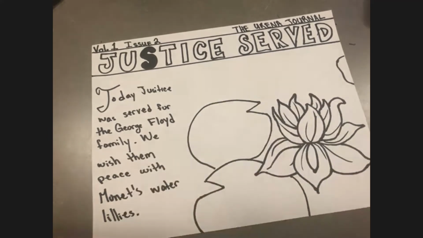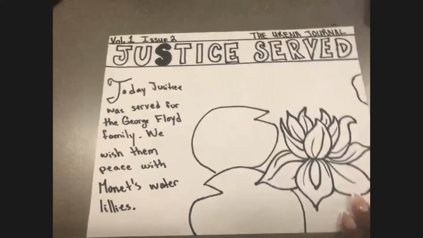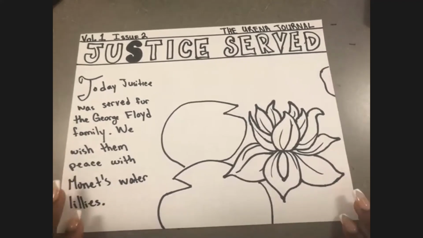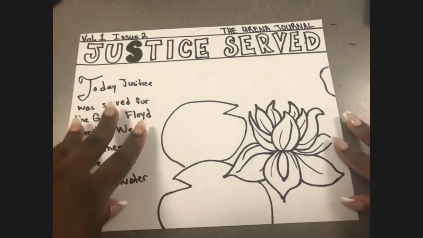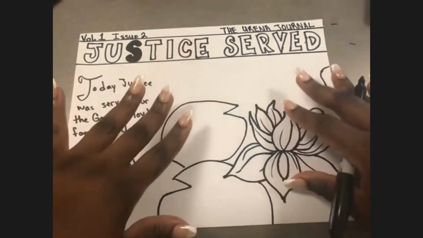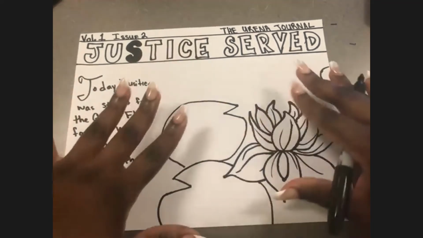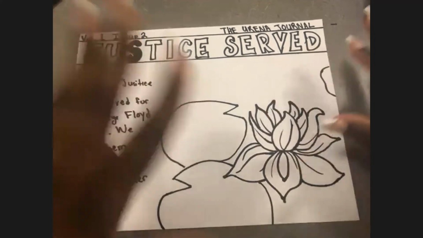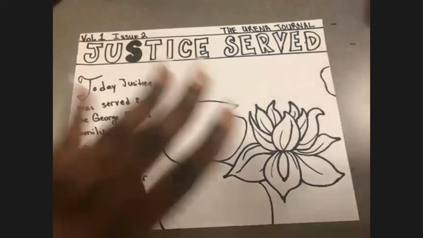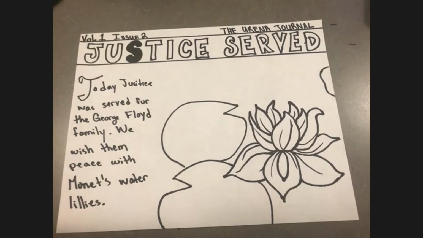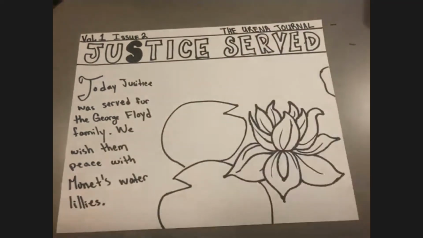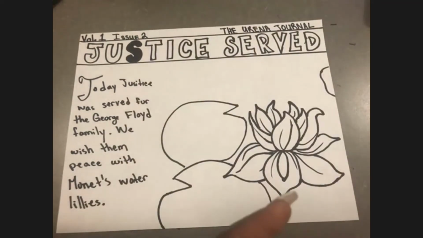Okay, and so you can put whatever you want, right? But this is what I'm going to put on my newsletter. And so you don't have to write what I wrote. You can add a picture of George Floyd if you want to. And if you don't know how to draw George Floyd, you can print out one from the internet and you can draw him. But now we're going to get to the part of our assignment where we actually create value inside of our flower.